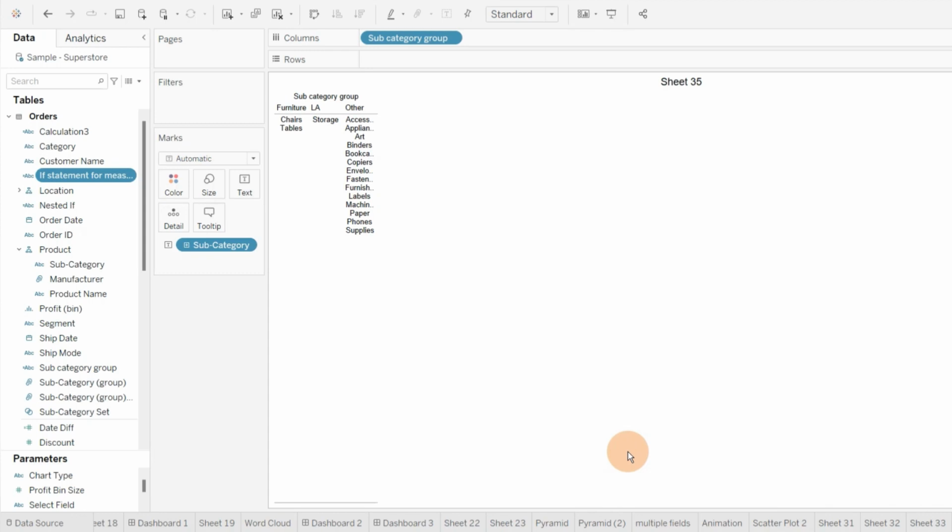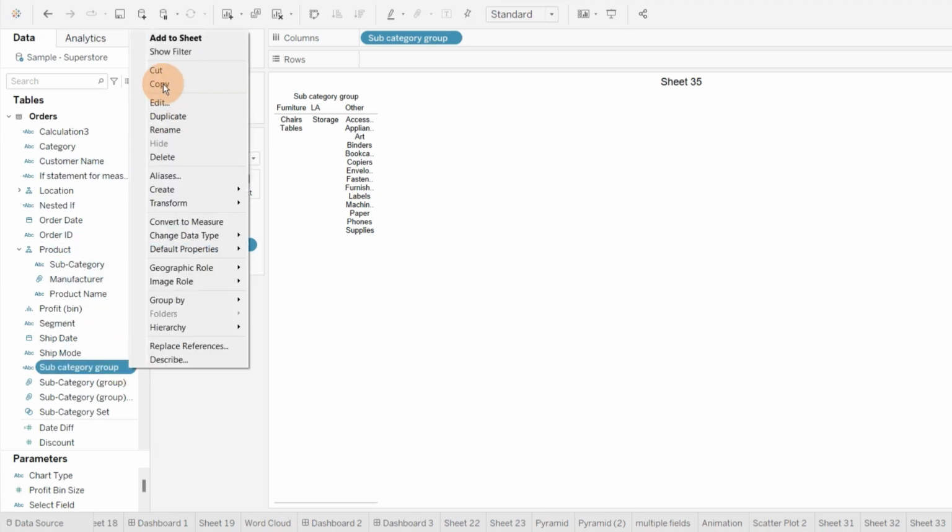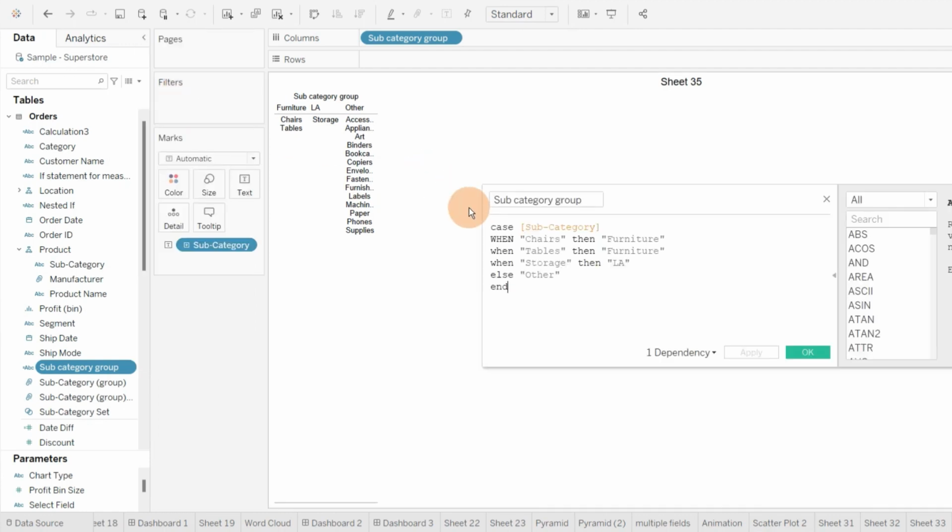and this is the benefit of the if statement over a case statement. But if we want to compare our categorical values, in that case we can easily use a case statement. As you can see here, earlier when we wrote an if statement, it became a kind of complex calculation.